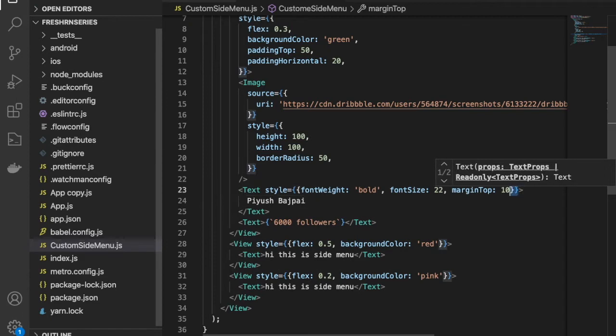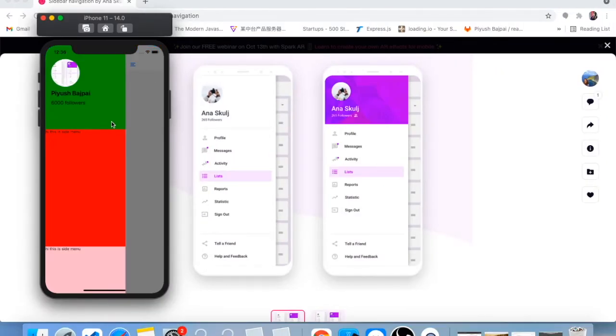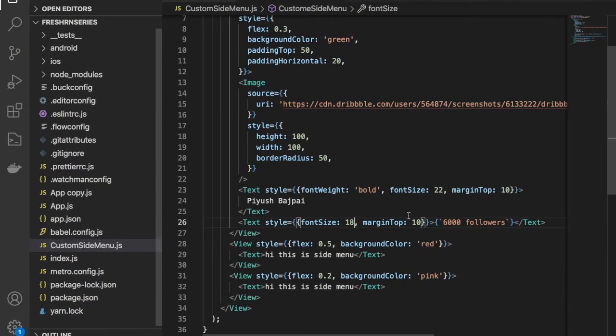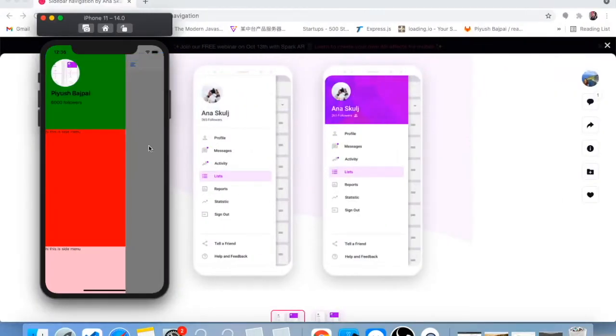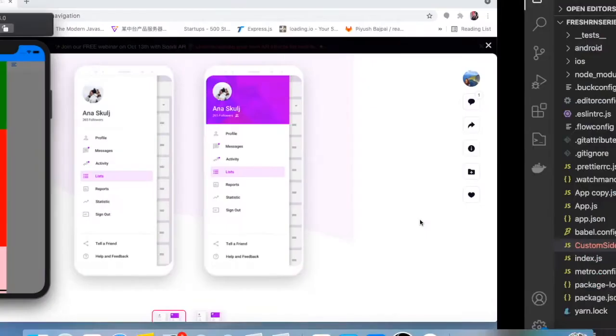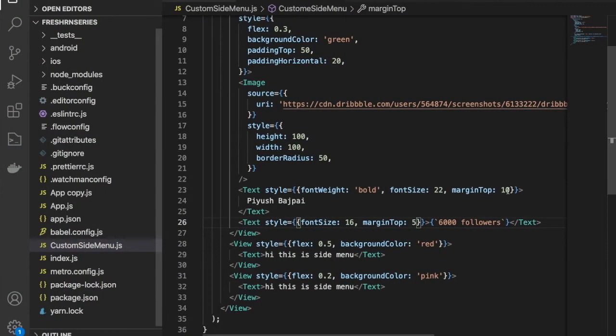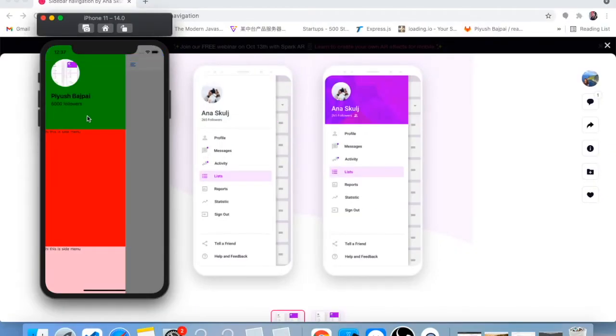Okay, just copy this whole styling and use it over here. We don't need this bold. You can give this a font size, let's say 18. That's it. Cool. So we can give let's say 16, enough. Okay, and give a little less margin from the top. It looks fine. And let's say give some more space from the top for the heading. Looks fine. Cool.